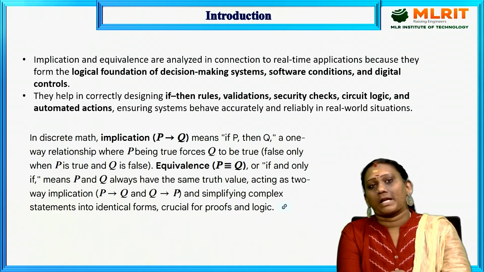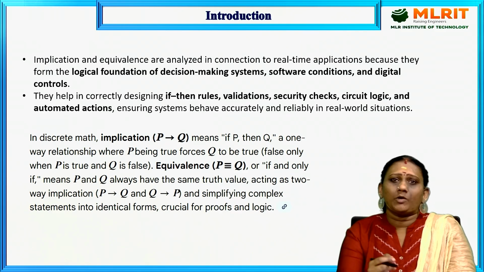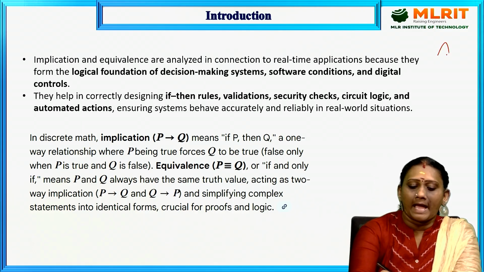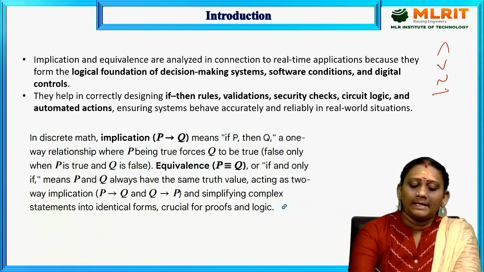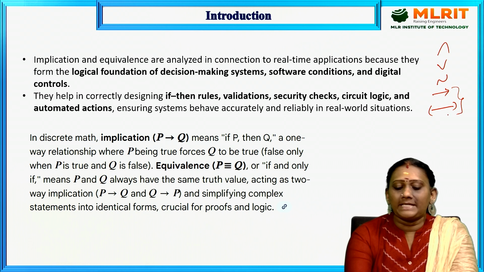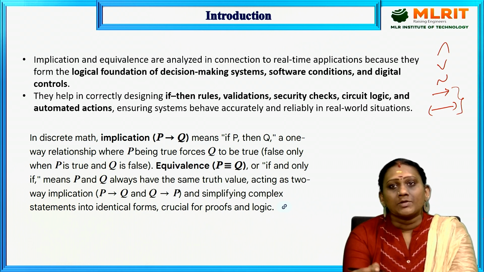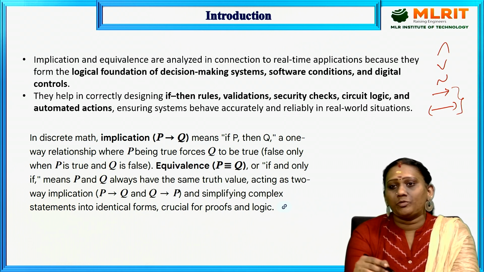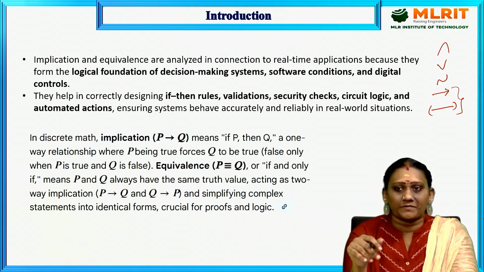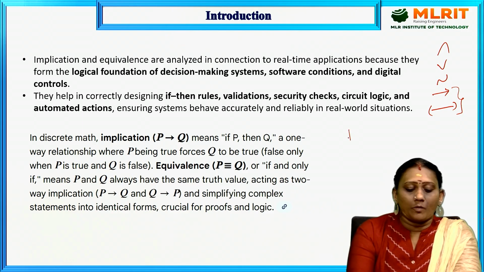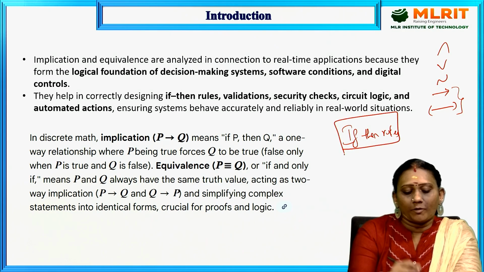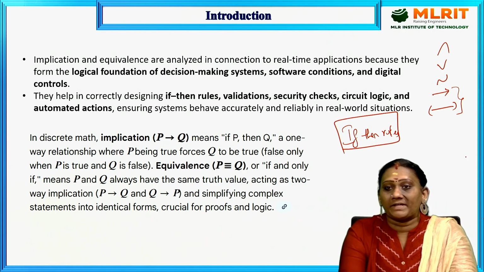Coming to the introduction, we have different types of connectives: and, or, negation, implies and bi-implies. In this set of connectives, implication is these two, implies and bi-implies. When we apply this type of implication connective on two or more statements, I already told you that we follow if-then rules using these connectives on different types of statements.